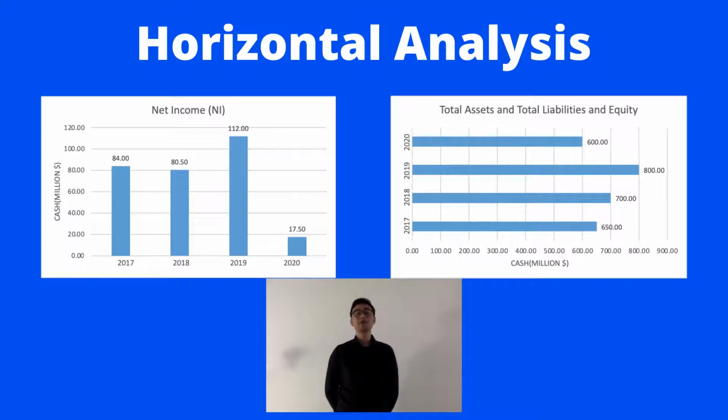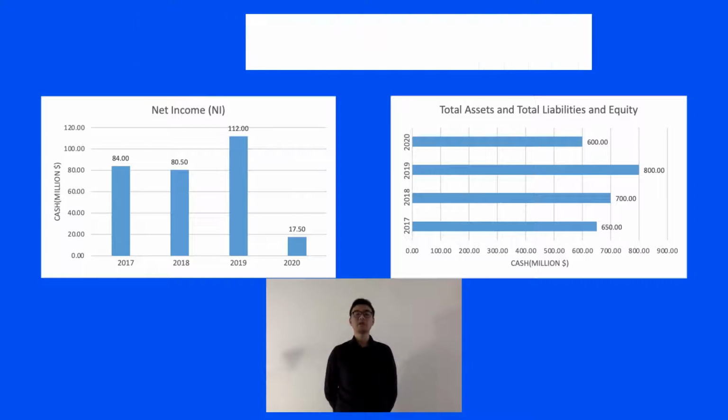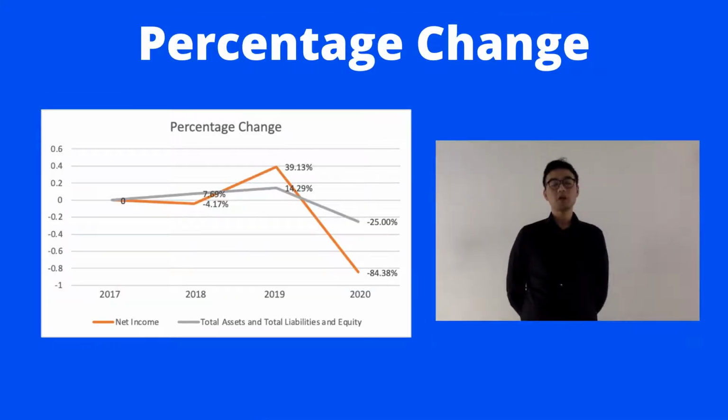From these two graphs, it can be shown that the company has been very efficient and profitable in terms of decision making. However, due to some external factors and uncontrollable decisions, it can be seen that the company has experienced some downfalls as well. In this slide, we'll be talking about the percentage change of the income statement as well